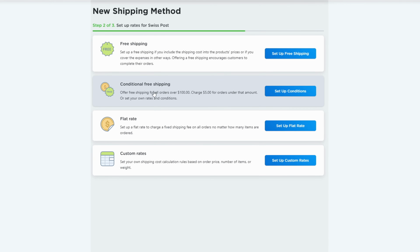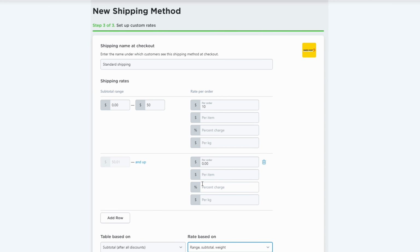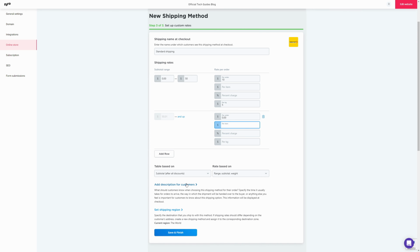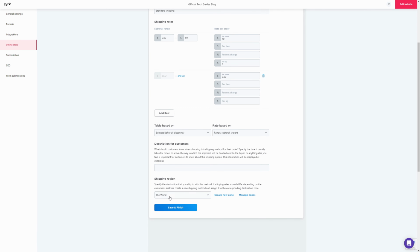The next option allows you to set up conditional free shipping. So say a customer is ordering above a certain price, you can set up that above, for example, $50, everything is free to ship. You could also set this up for high weight, but in my opinion that doesn't make a lot of sense. Additionally, you can give it even more fine granularity by selecting rate based on range, subtotal, or weight. Make sure to set up a proper shipping name, add a description for customers, and set up the